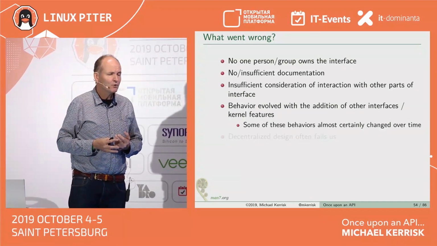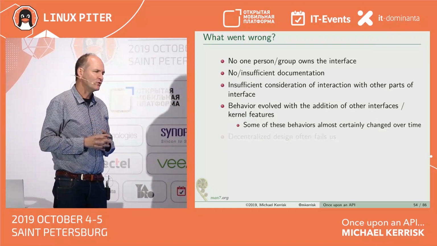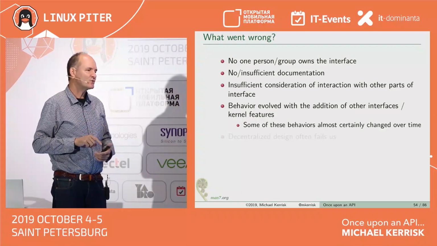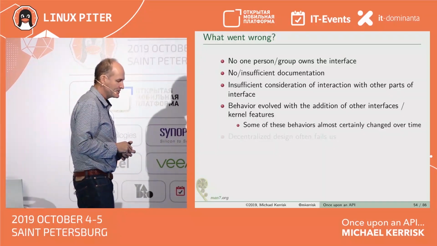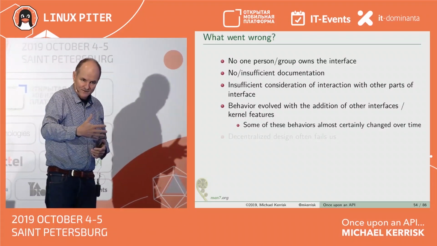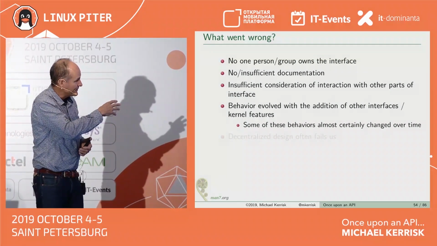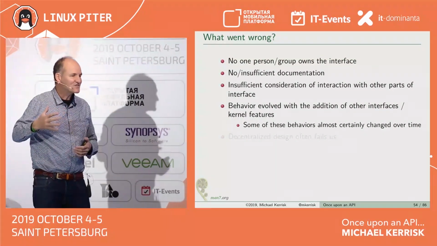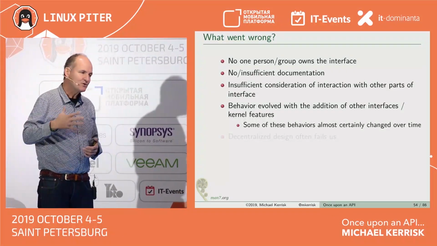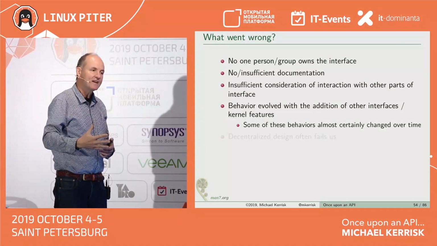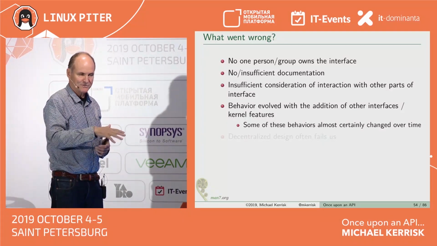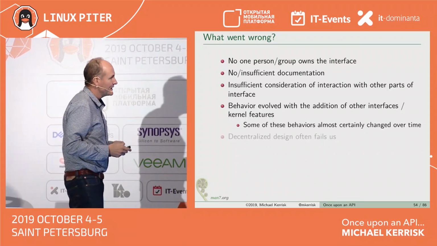There's not really people who are looking, or not enough people who are looking at the big picture. How do these different features interact with one another? And even, as I think this example shows, sometimes there are quiet changes in behavior. The new threading implementation, I think, changed how set PDEATHSIG operated, for example, when it was added in 2003. And